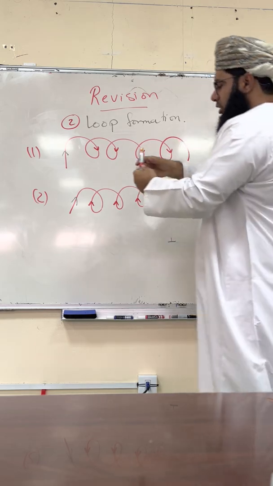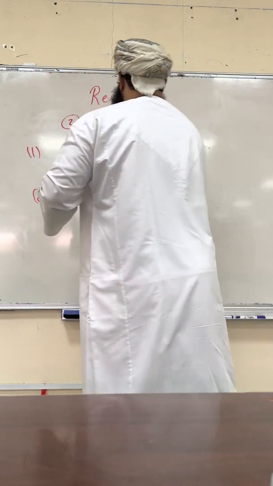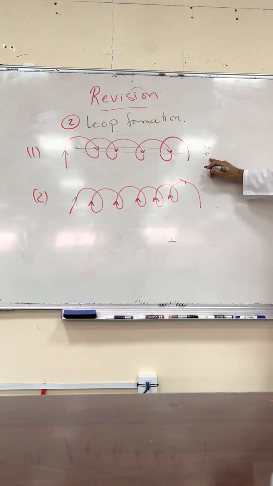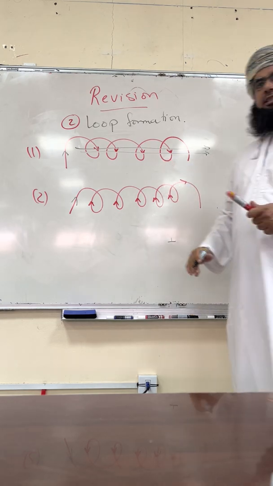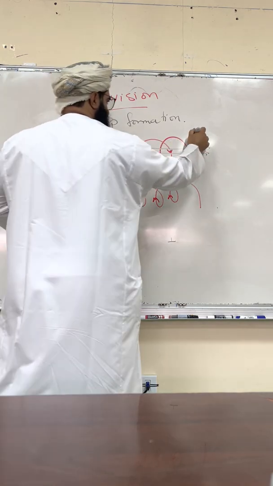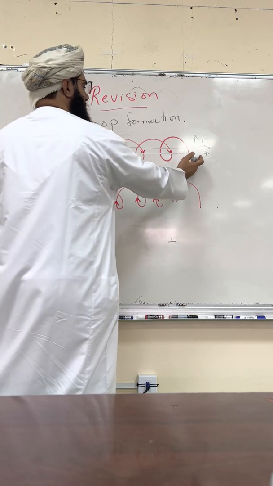So overall, the magnetic field will move like that. The second thing you should draw is the magnetic field line's direction. We said that inside a magnet, it goes from S to north. Why is it from S to north? Because outside